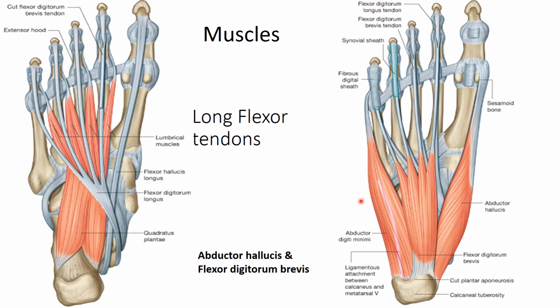Now additional contribution is provided by two muscles of the sole which are attached to the medial three digits. So these are the abductor hallucis and the medial half of the flexor digitorum brevis. These provide additional contribution to the maintenance of this medial longitudinal arch, as they also lie between the posterior and anterior pillars.